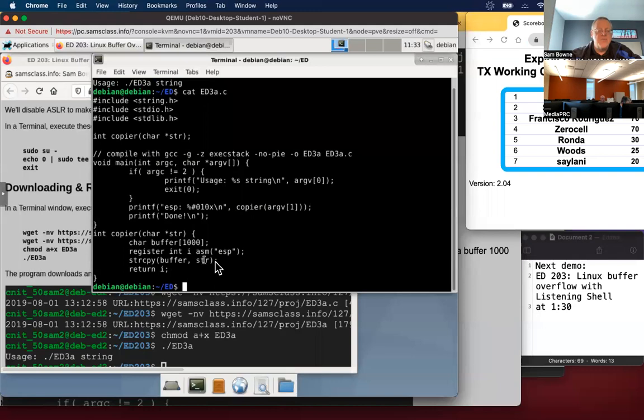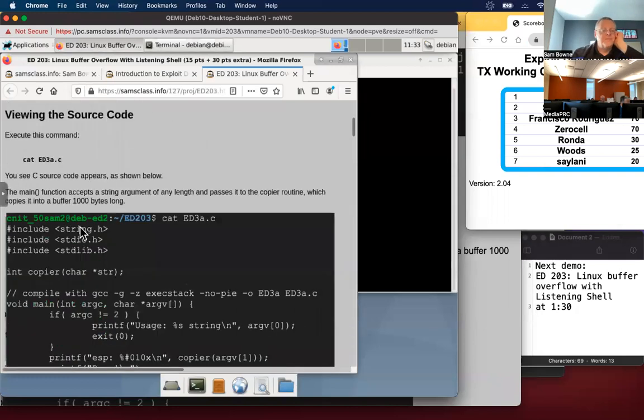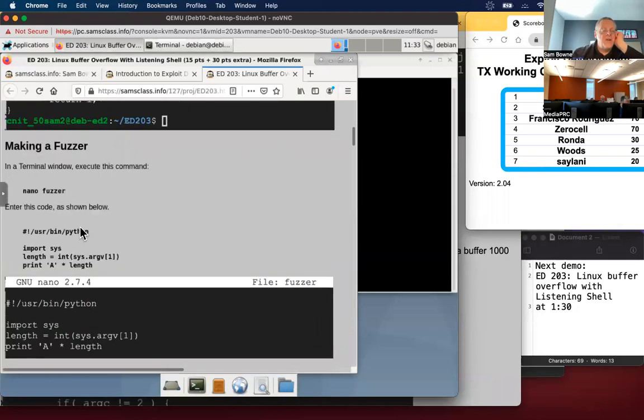The only thing that's important is this one line here, where you do a string copy of a string in the command line into a buffer that is only 1,000 characters big. That means, of course, if we put in more than 1,000 characters, we have a buffer overflow, and that's what we're going to exploit. So the first thing we're going to do is fuzz it. Now I've made a fuzzer here,